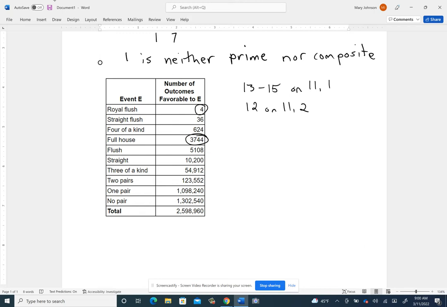Okay, mine wanted the probability of getting a royal flush. So that's all face cards of a particular suit. It tells you that there are 4 possible royal flush hands you could get. And it also tells you the total, see down at the bottom, 2,598,960. That's the total possible number of